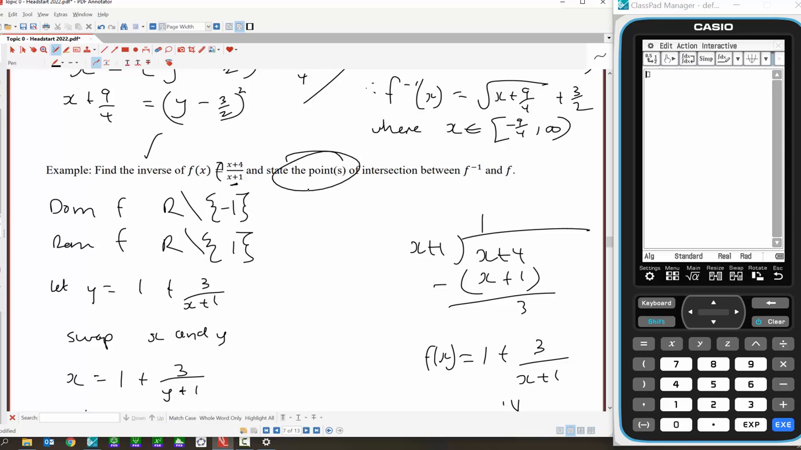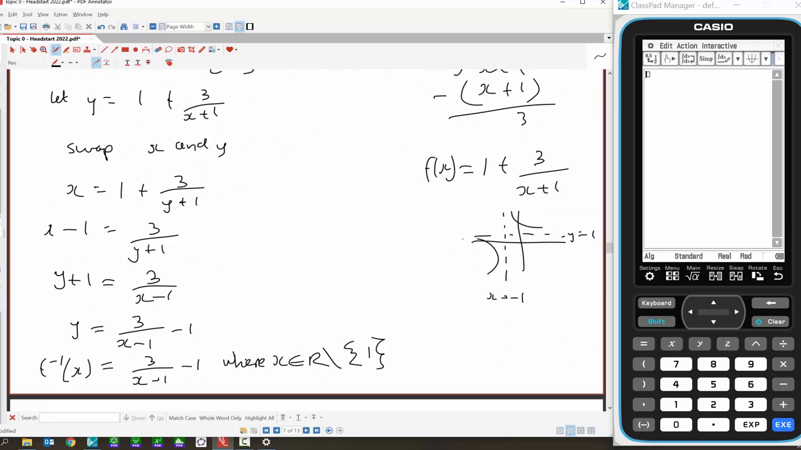Now we've got to state the points of intersection. So the hyperbolas are going to intersect each other twice, if you can imagine it. So here's the line y equals x, and we can see here that we're going to get 2 intersection points. So what we're going to do is we're going to let the inverse, which is 3 over x take 1,